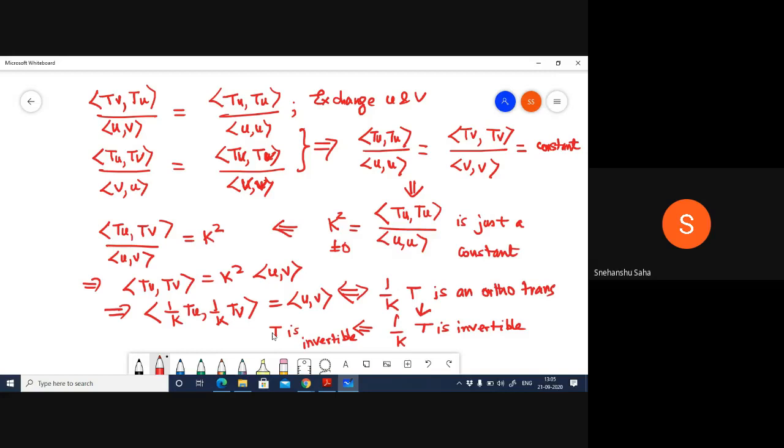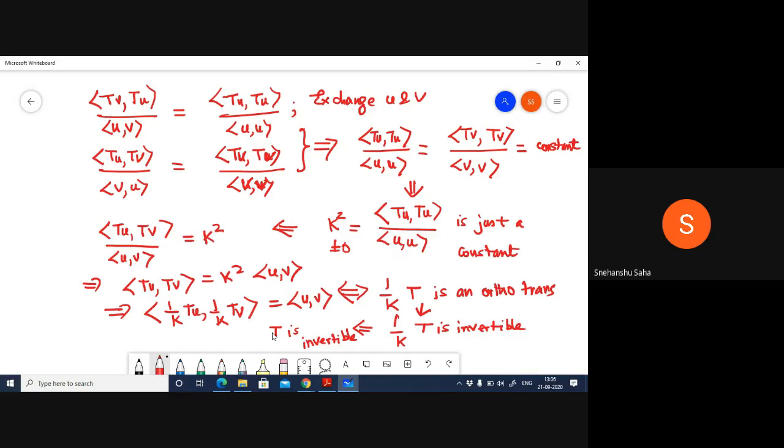So these are some of the classic tricks. I would not say these are standard tricks. It actually took me a while to solve this. But this is one of the ways. The reason why I solved this problem is that I wanted to show you that this is one of the ways to show that a linear transformation is invertible, which is to map it to an orthogonal transformation. If you are able to show that it's orthogonal, it's invertible, right?